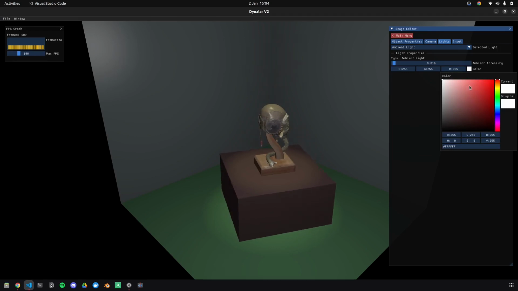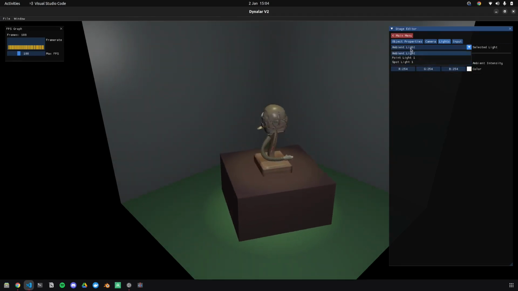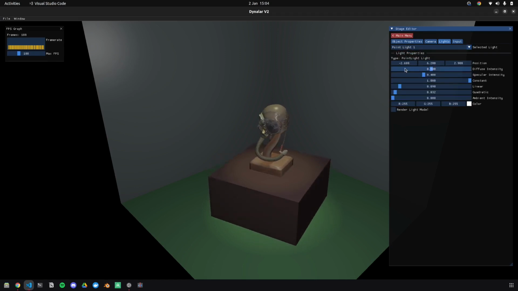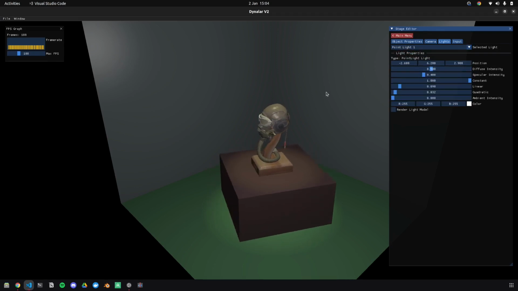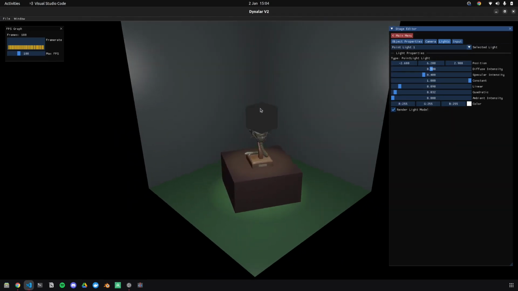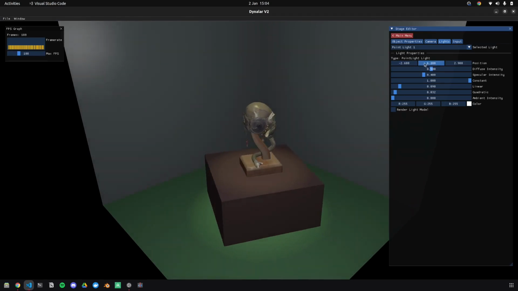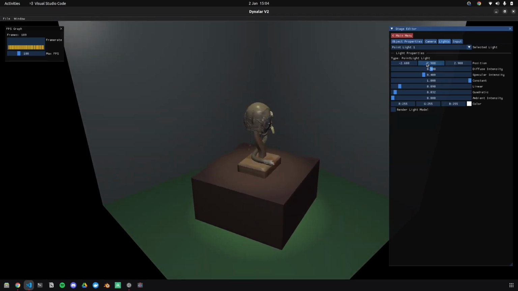And you can change whatever color you want it to be. We'll just keep it on white. Point light is point light. And again, it has been placed in the scene here, so it's right here. We can move it around a bit to get different light effects,